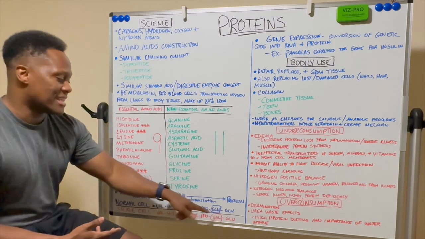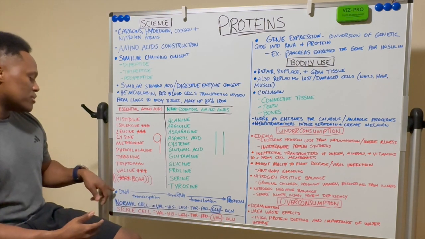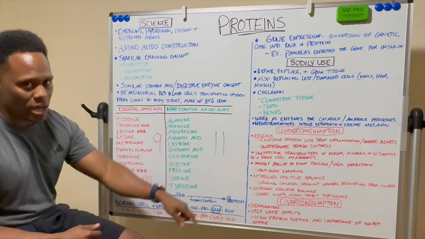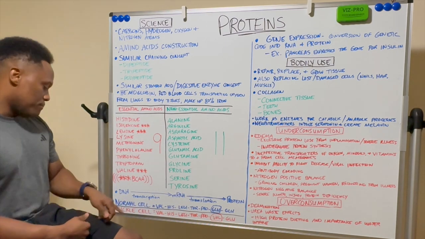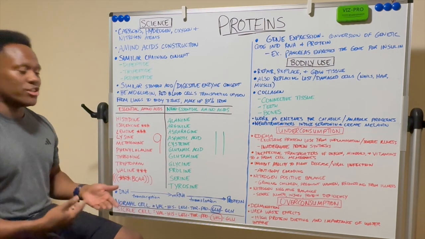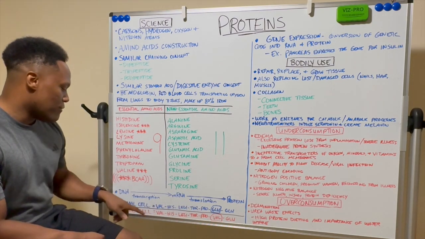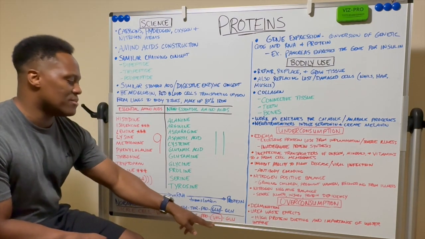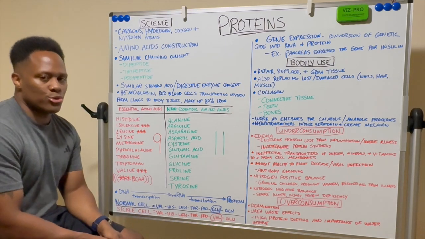It's typically encoded in your DNA. So that's why I wanted to write this example out for you, to show what happens from DNA's transcription all the way to translation to making a protein. Sickle cell anemia is encoded in your DNA. Basically everything in the normal cell is the same up until you get to the valine part. That's what ends up happening with sickle cell anemia.